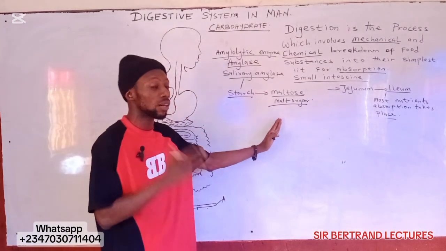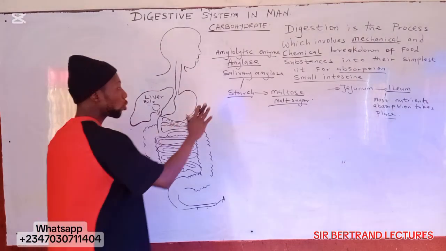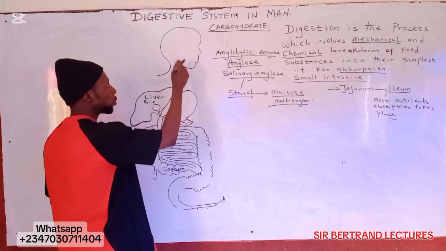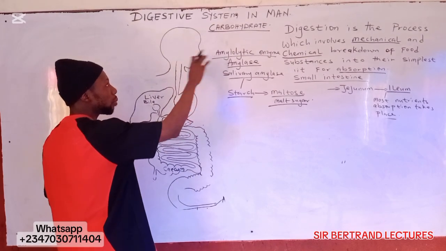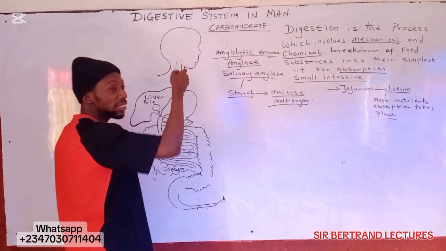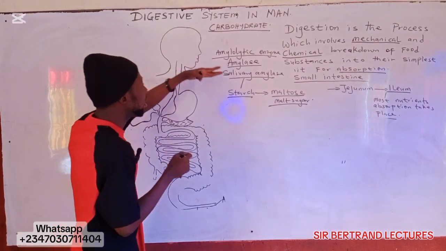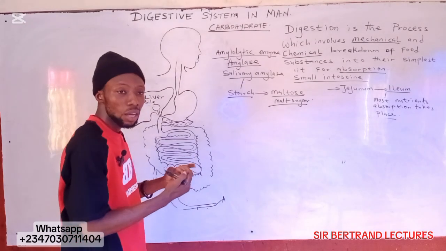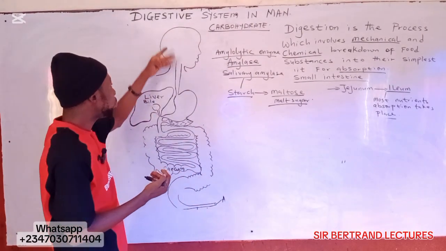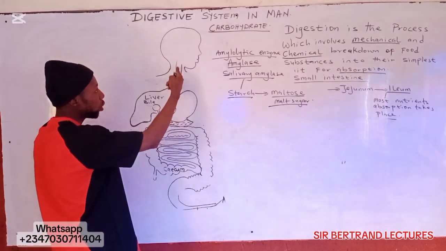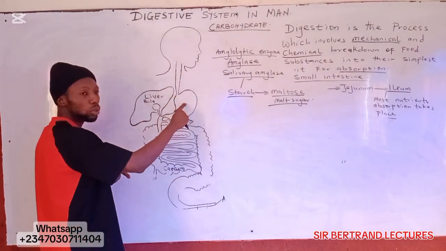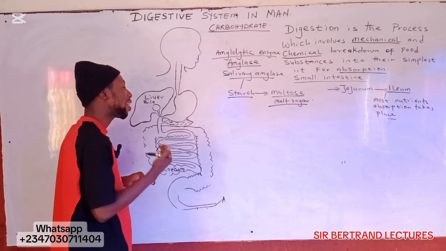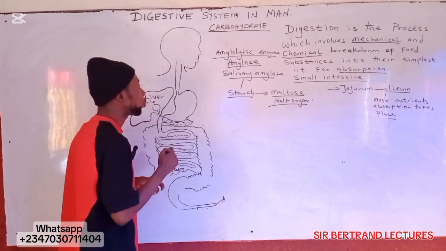This is not the final destination. And not all starch is converted to this. Now, here is the esophagus. By the time the digested carbohydrate in the mouth is mechanically mixed with this salivary amylase, it will form into a ball of mass, which we describe as bolus of food. It will be swallowed down, moving down here into the stomach, where it will stay for a few hours, like 3 to 4 hours.